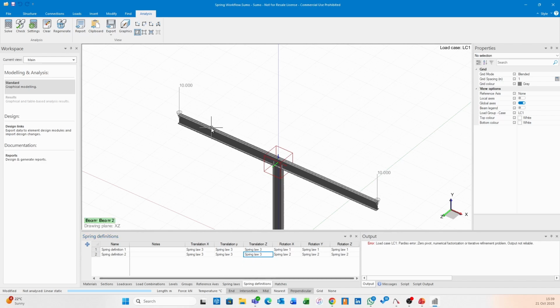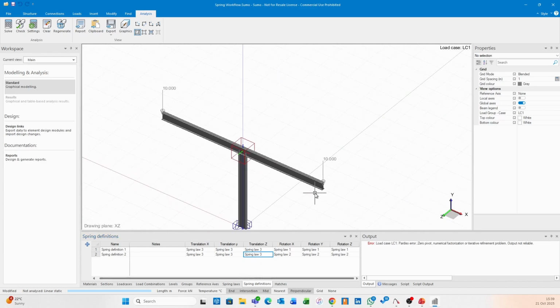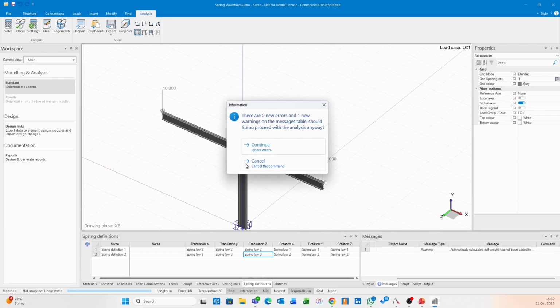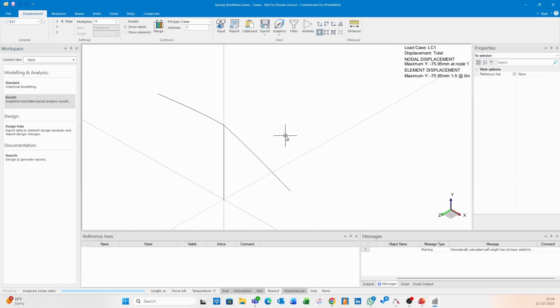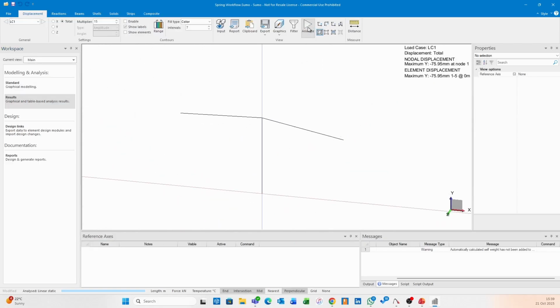All right, so this side should deflect less than that. This side should deflect more. It's not as stiff rotationally. So let's have a look. Okay, so you can see that the analysis ran, and there you will note a difference in how the two deflected. So this side